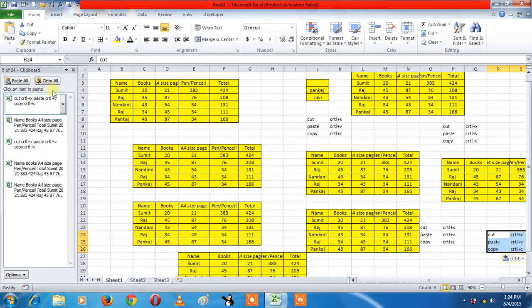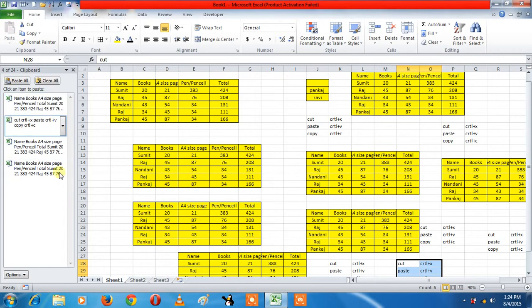If you click here, then you have lots of options. You can delete it, and you can paste it. You can paste by clicking here, and you can also paste by clicking here. Look at that, if I click here, then the pasted data comes, and if you click here, then the pasted data also comes, and if we click on delete, then the data is deleted from the clipboard, not from my sheet.